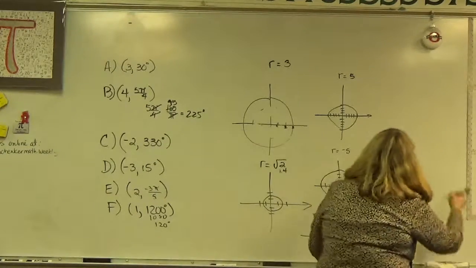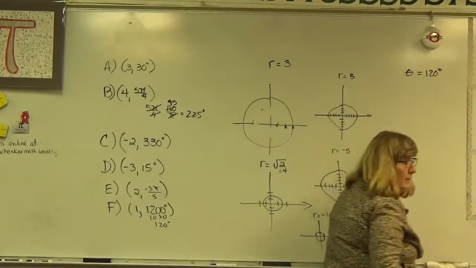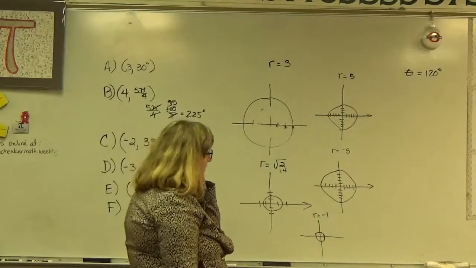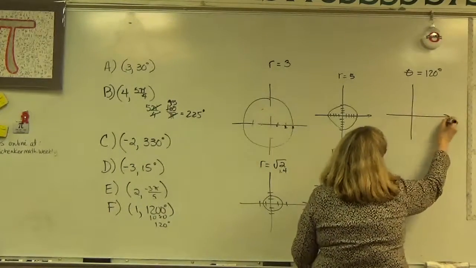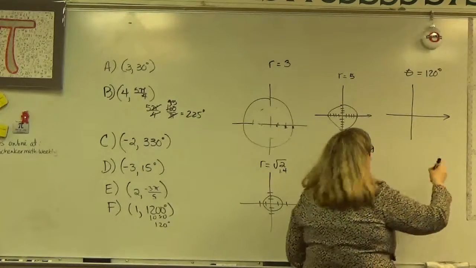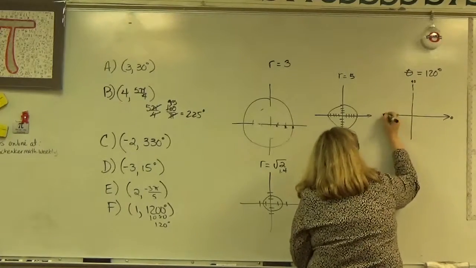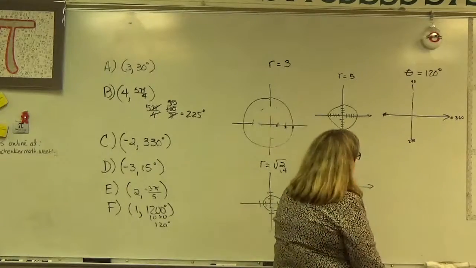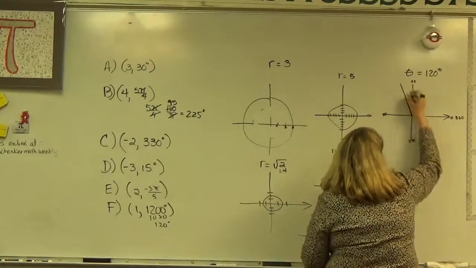Okay, now, thetas. I want it in degrees. I want it between 0 and 360. So where is 120 degrees going to occur? Now, you guys can use your polar graphs if you want to, but I'm not going to. This is 0, 90, 180, 270, 360, right? So where's 120? In between 90 and 180. Okay, so it would be this, but it would be